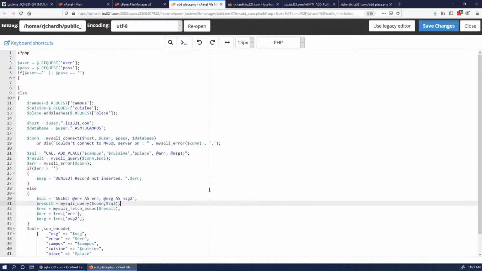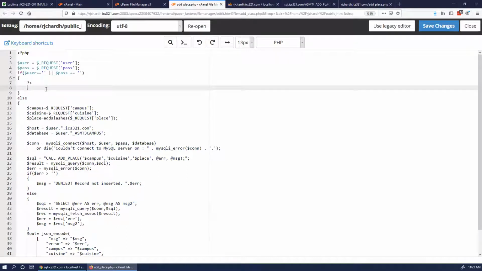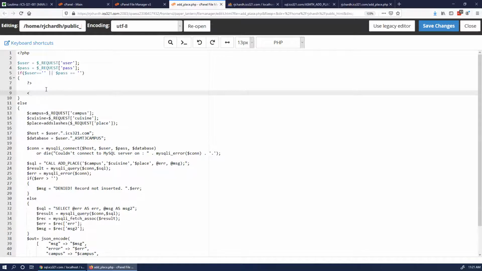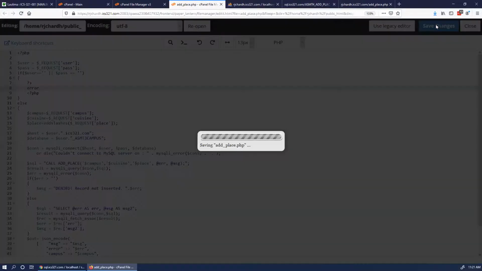And right here, I'm going to say, let's see, I'm going to get out of PHP. But I got to get back in to finish this up. And I'm going to say, just like that. So I'm going to save the changes. And now when I go over here and I hit refresh, it says error. Why? Because